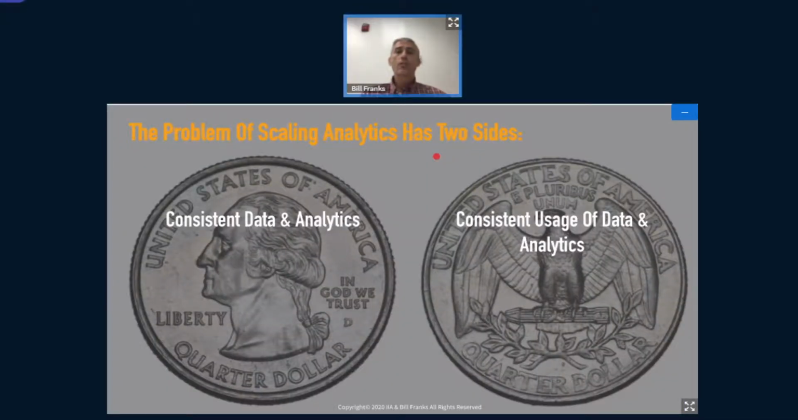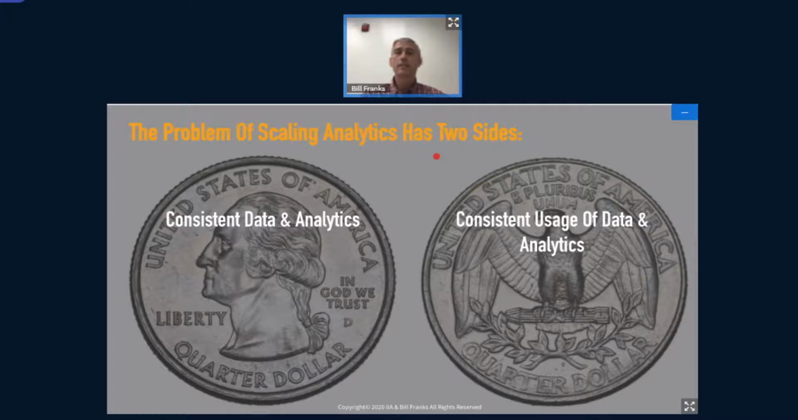Another very common problem is not looking at both sides of the coin when scaling. Everybody worries about the consistent data and some consistent analytic processes on top of the data. So we always hear about governance, quality, et cetera. All of those are critically important. I'm not downplaying those at all. But equally important, and sometimes overlooked, given much less resource, is the usage of the data